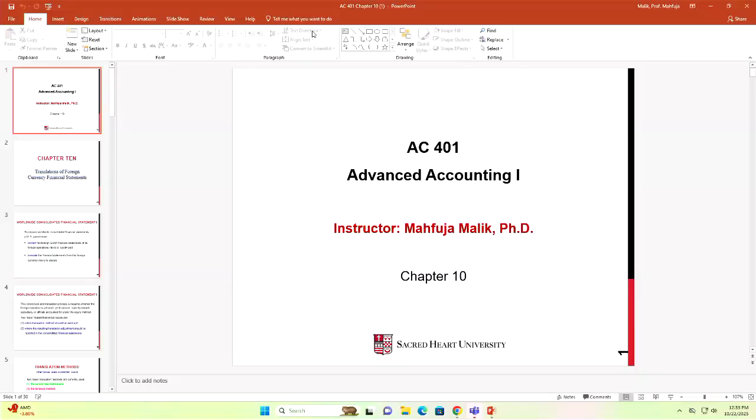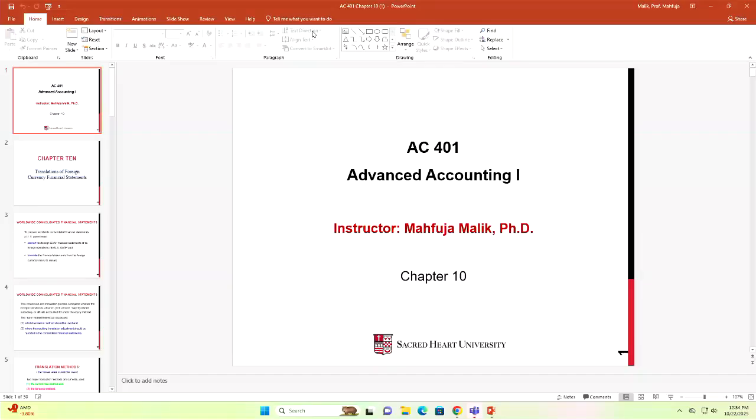I'm using the temporal method. Income statement. It's called remeasurement because they are already using US dollar. I'm still remeasuring, following the temporal method, and the gain or loss will be on our